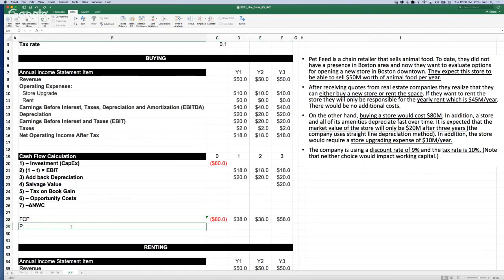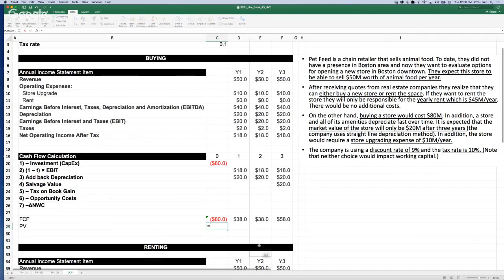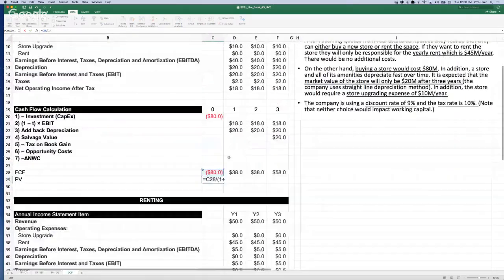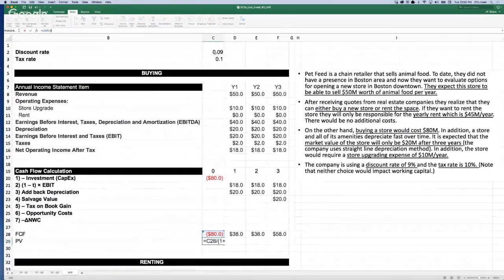Now we need to discount those cash flows. You probably already know the formula, but the way I like to do this is that you take the free cash flow and divide it by 1 plus the discount rate, which in this case is 0.09, raised to the power of the year we're talking about, which in this cell is 0.